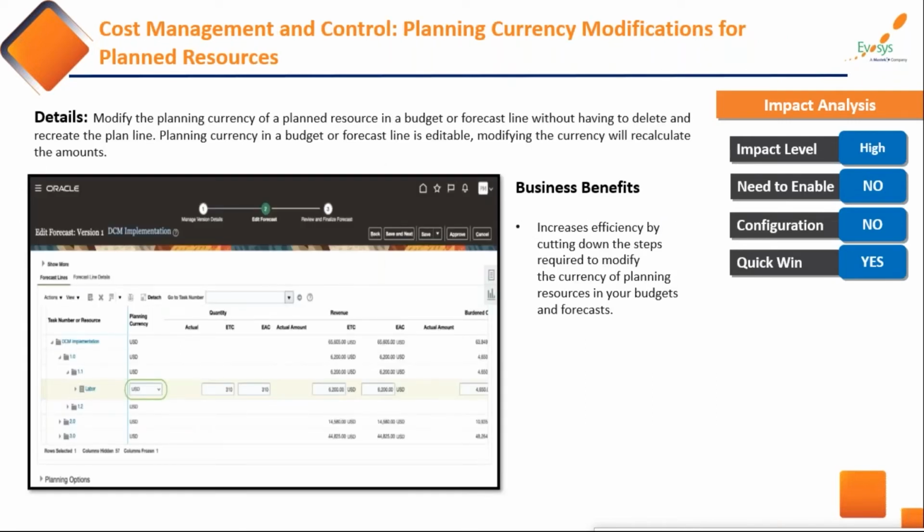Planning currency modification for the plant resource. This is very much useful for the companies or the clients who have multi-currency projects where they do the planning also in foreign currencies. So during the course of the project, if a resource gets transferred globally, and you want to change the planning currency of that resource, rather than creating a new line, you can now directly change the planning currencies, the budgets and the forecast, and then the system will accordingly